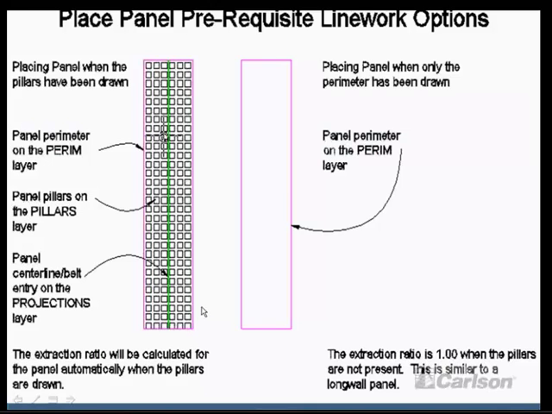We can plan, or we can do our calculations with the pillars drawn. The program will automatically sum the areas of the pillars and subtract it from the area of the perimeter of the mining on the perim layer, and calculate the extraction ratio for us. If we automatically draw this using advance projections, then there will be another layer created